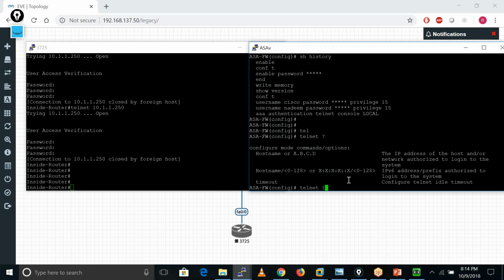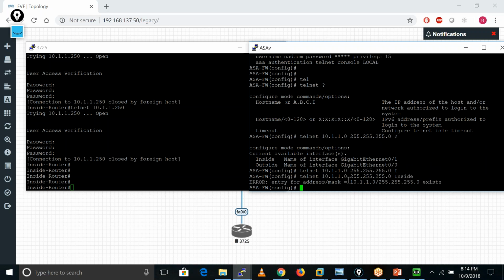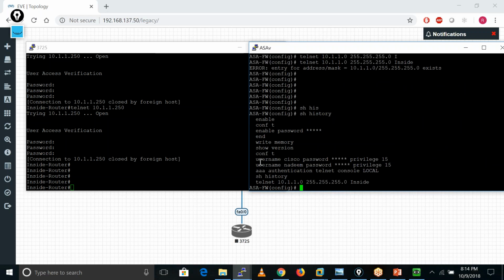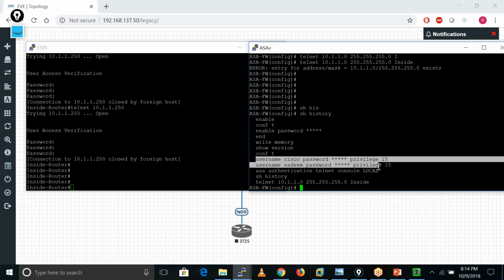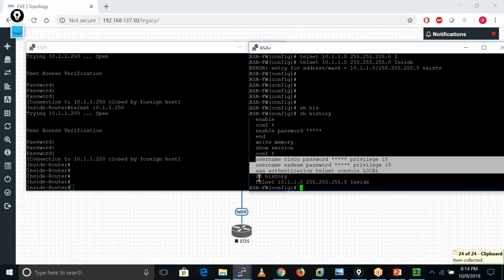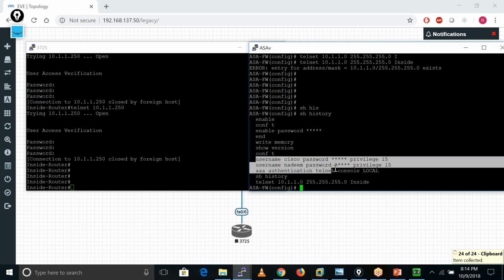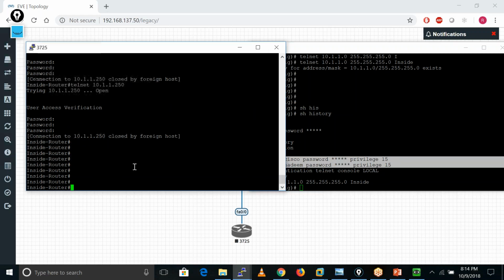After that we define our subnet, which is 10.1.1.0 255.255.255.0, and the inside interface. These two commands are a must. We can also use these other two commands, but they are optional. We can also go with one only. It depends on how you want.